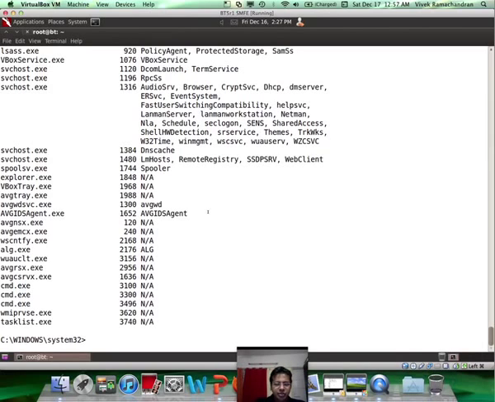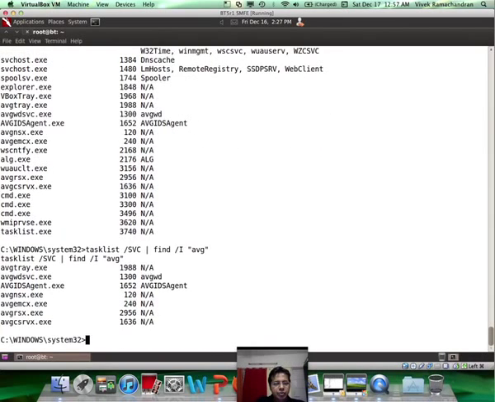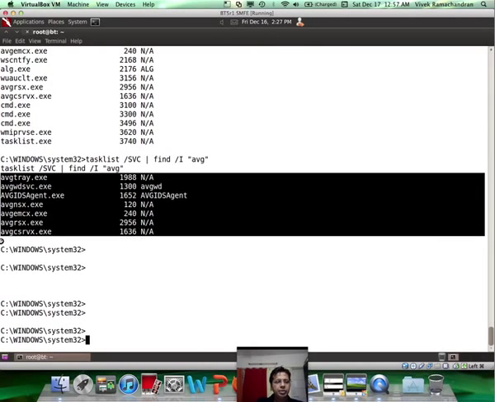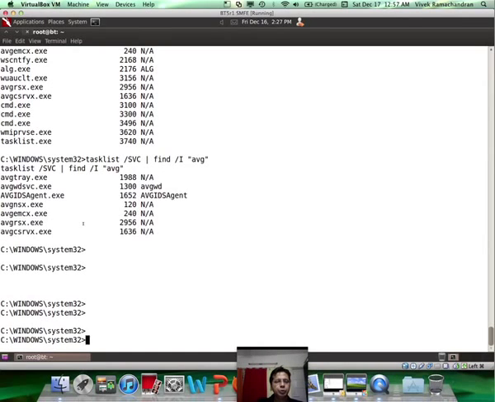So let's try and distill this further down by using the find command. So let's say find /i, which is the image name, and then AVG. So this would only give us the output for anything which is prefixed with AVG. So these are all the programs which we want to kill currently. So why don't we just go ahead and kill it? So to do that, we'll use this command called taskkill,